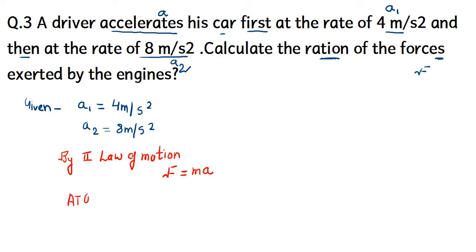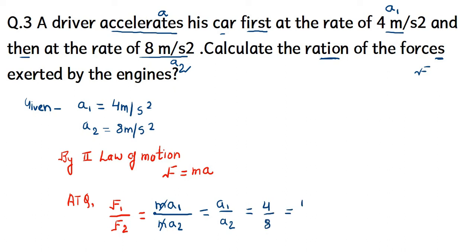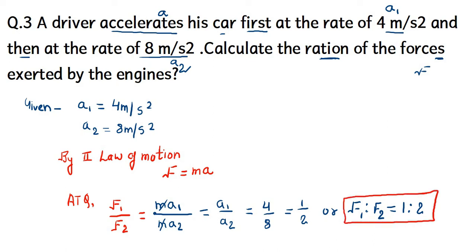So we can use the formula as F1 ratio is to F2. F1 is to F2 as ratio is asked to us. That means F1 could be written as mass into first acceleration, and F2 can be written as mass into second acceleration. Here mass is same. Why? Because object is same in this question. By solving this, we are having 1 is to 2. So ratio of these two forces are 1 is to 2. I hope it is clear to you, student. It is a simple question.